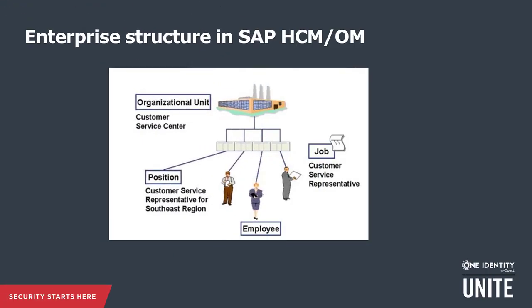In SAP OM, the enterprise structure consists of multiple objects. The building blocks of organizational management are also called SPOC. S stands for position, for example, customer services representative for region South or for region Southeast. P stands for person, this is the employee representation. O stands for organizational unit or org unit, it represents the department in a company. C stands for job, for example, customer services representative. The job describes a job class like customer service representative or pre-sales architect.